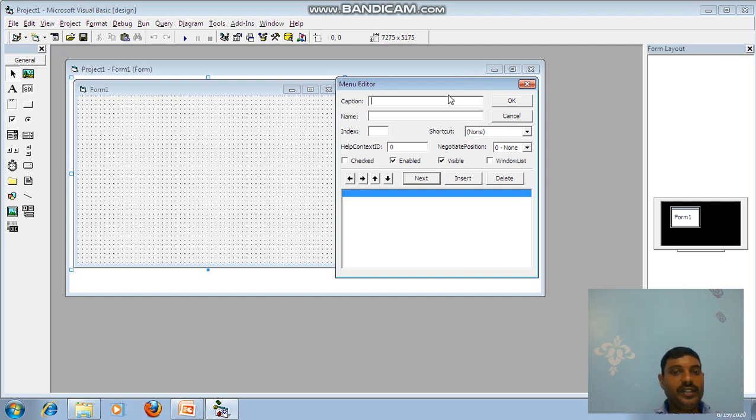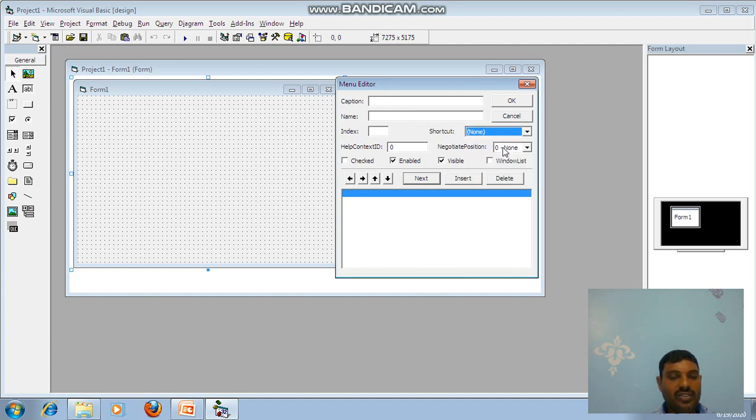With the help of this menu editor we can create a menu bar with a list of options. Menus are a flexible and convenient way to access a list of options under one menu item, as a group. This is the caption. Caption means what appears here, like File, Edit, View. Name is used to access the menu item when writing code. Index is to move on. Then Shortcut is a shortcut key.